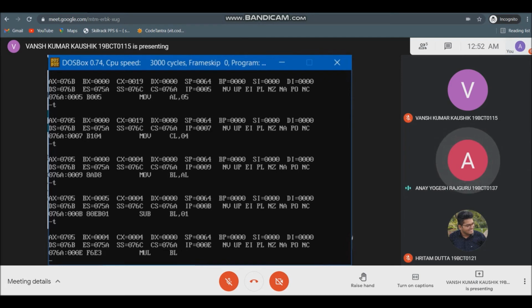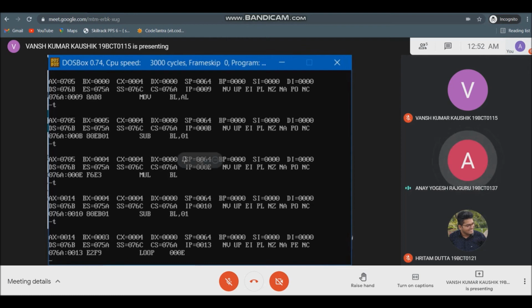Here we are multiplying the content of the BL register with the AL register, and the result of this multiplication will be stored in AL. As we can see, after execution of the statement, the value of AL into BL is stored in AL, that is 14. Now press T to execute the next command.